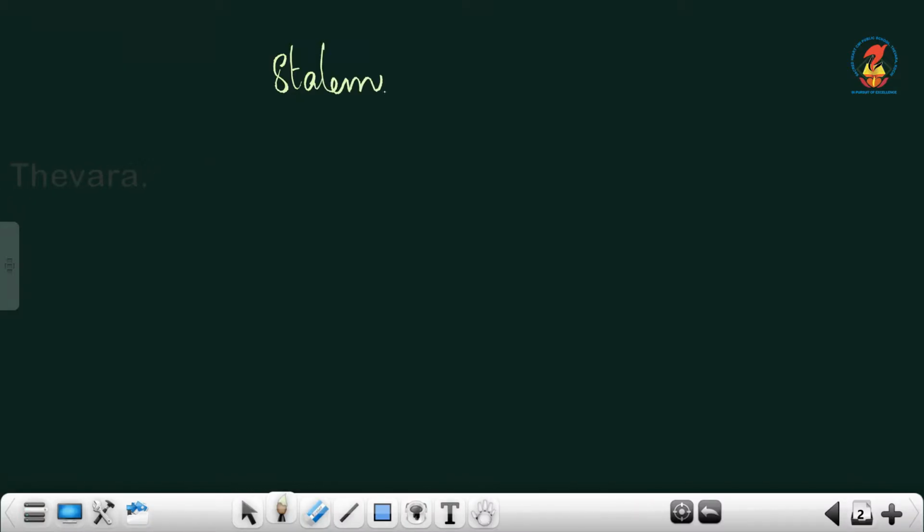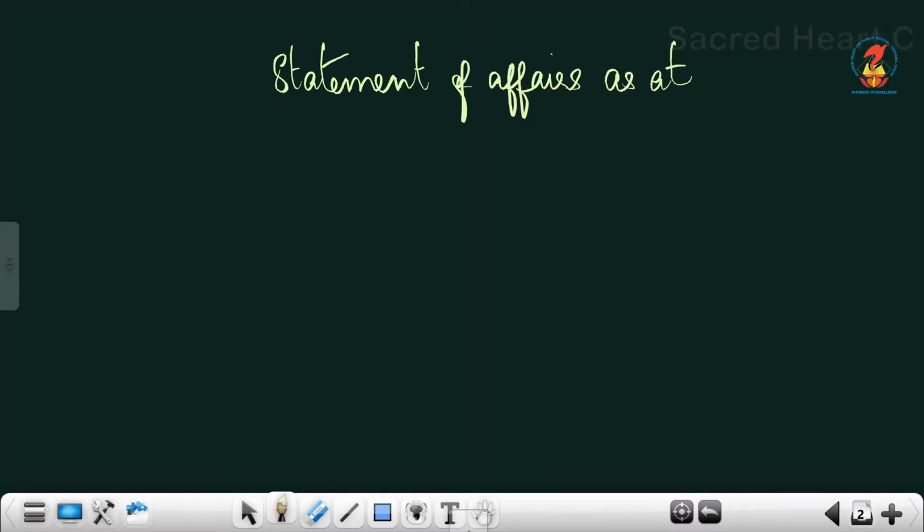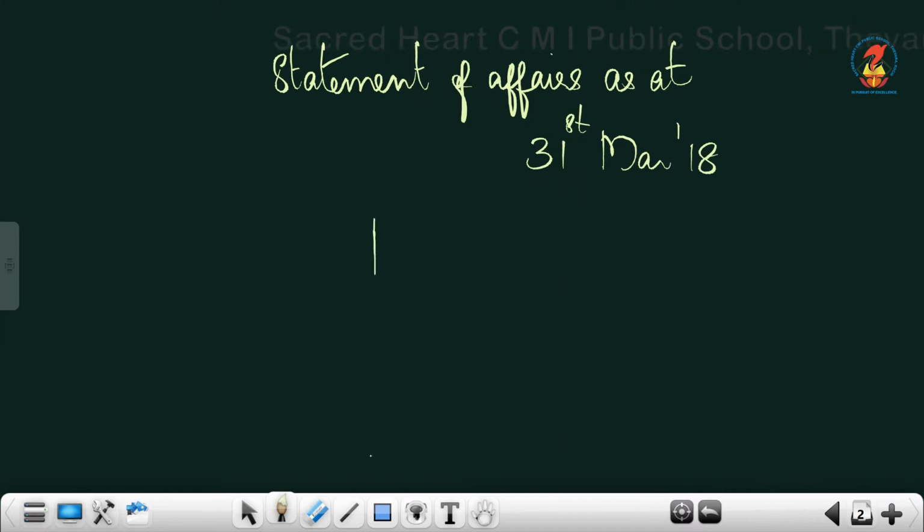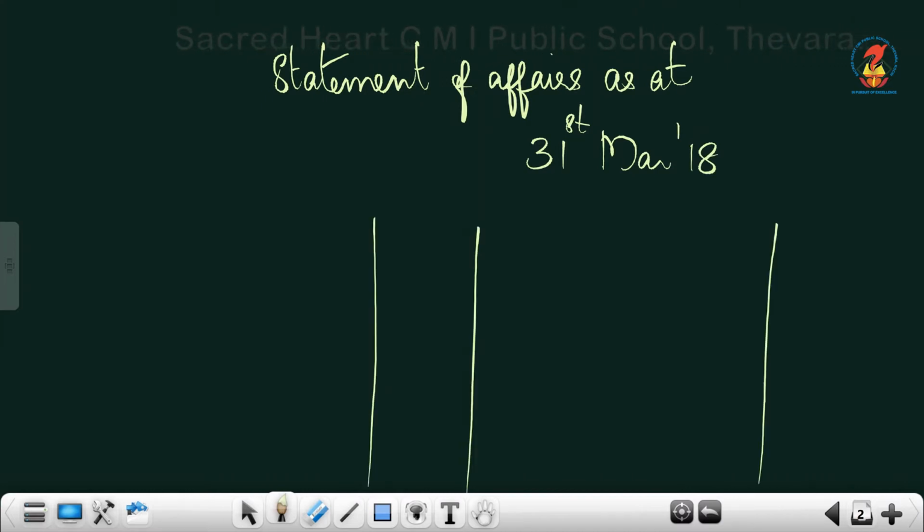You can give the heading like statement of affairs as at the opening date, 31st March 2018, and the format, you know, is exactly like a balance sheet.